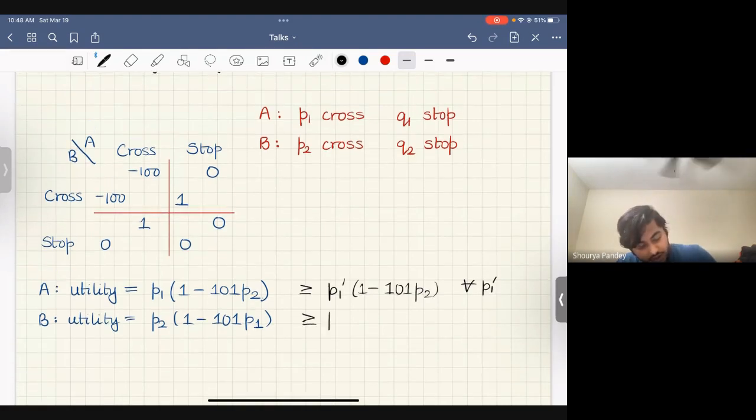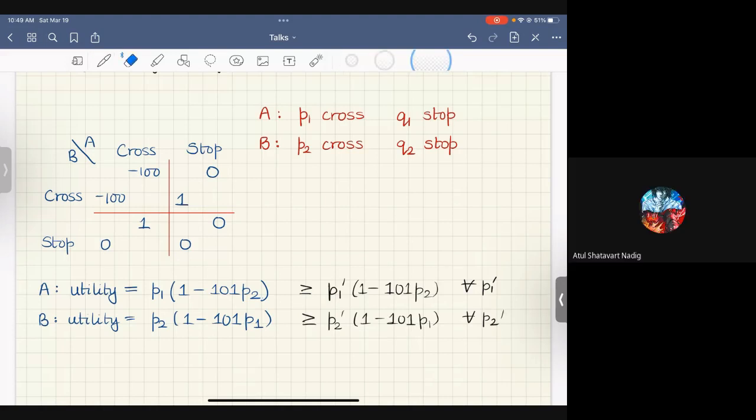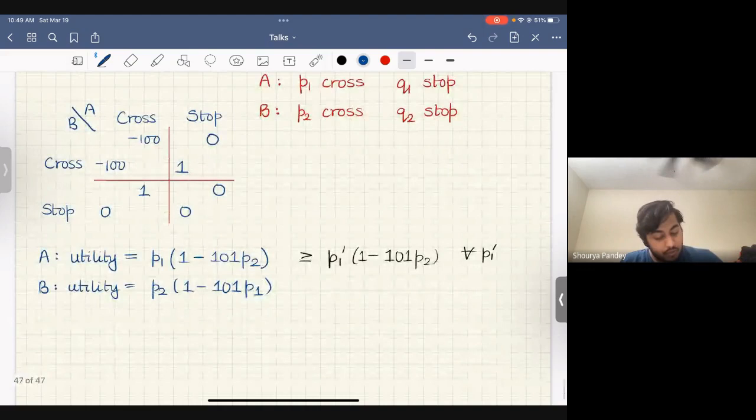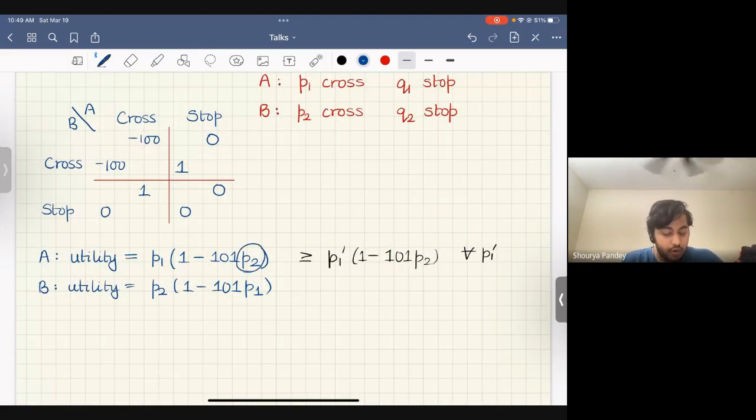And this should also be greater than or equal to P2 prime times 1 minus 101 P1 for all P2 prime. So if P1 and P2 are not 0 or 1, then one has to be 1 and the other has to be 0. Exactly. So suppose P1 is 1, then notice that this quantity is minus 100 times P2, and so it's best for P2 to be 0, right? So if P1 is 1, then it's best for P2 to be 0,